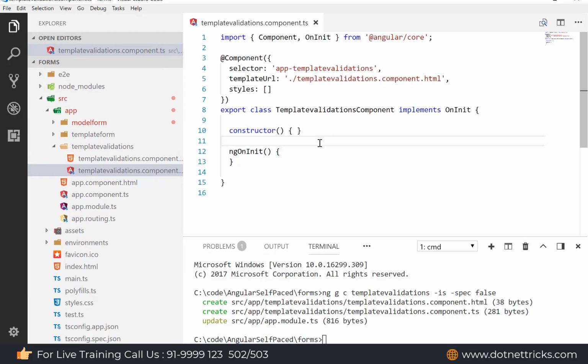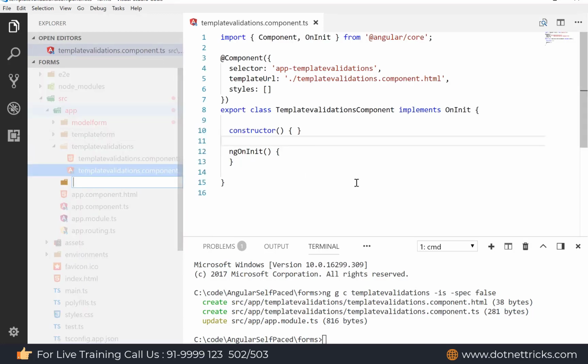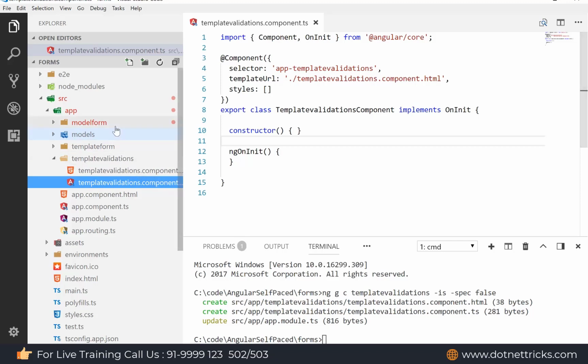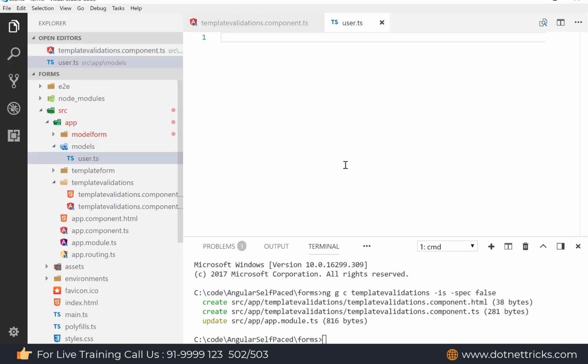And this time what I'm going to do is define a model class. With the help of a model class, we can easily create our template driven form. So I'm defining a models folder, and in the models folder I'm adding a TypeScript class, let's say user.ts, and here I define a class, export class user.